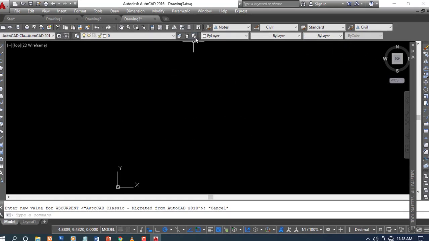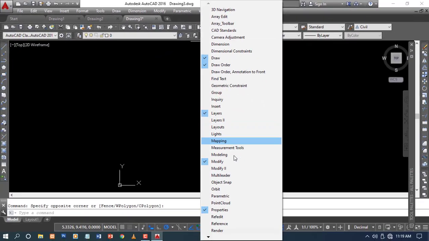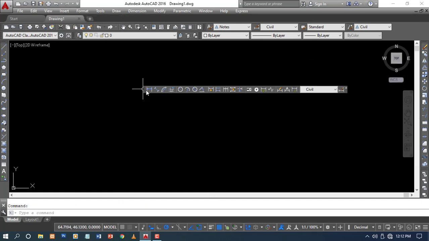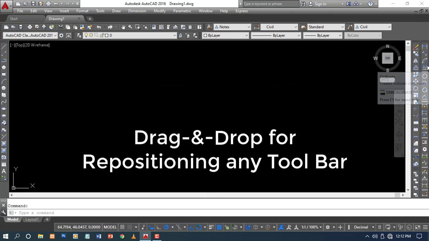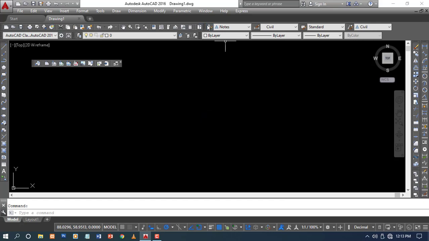To bring a toolbar, right click on any end of a toolbar, then it will show the toolbars available, and click on the name of the toolbar you need. For example, if we need the dimension toolbar, then clicking dimension will bring these tools into the user interface. Then we can drag and drop it to a side of the user interface. Similarly, we can bring other toolbars and customize as per our requirement.